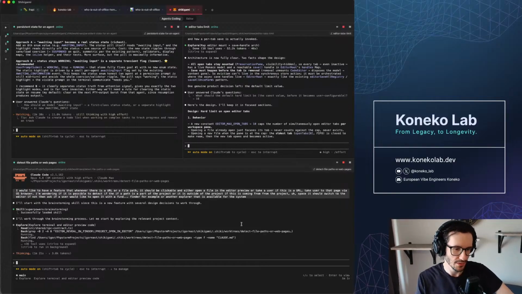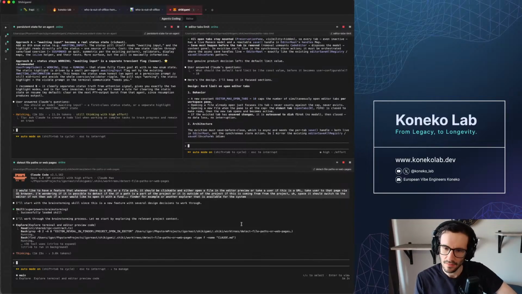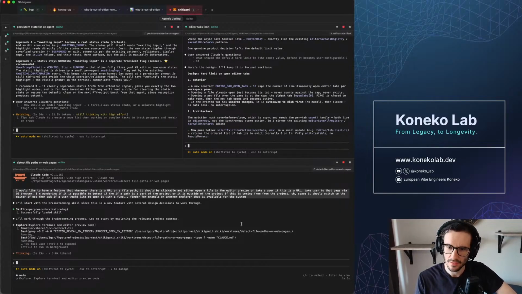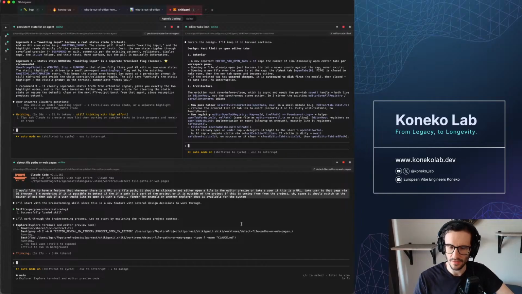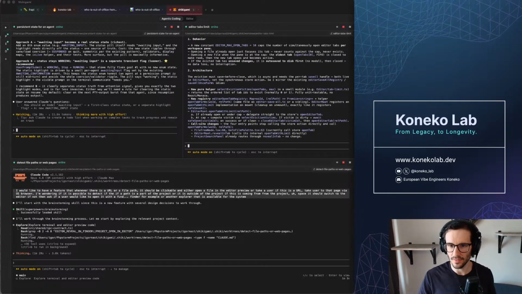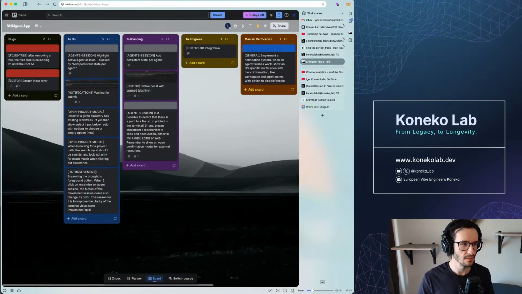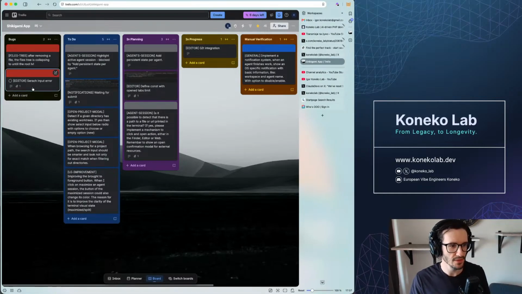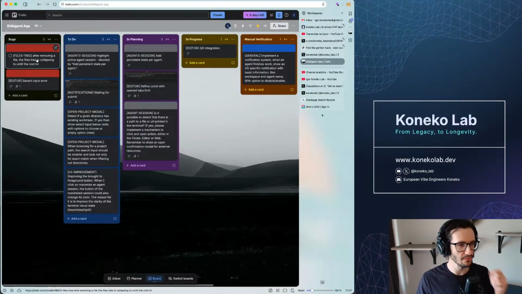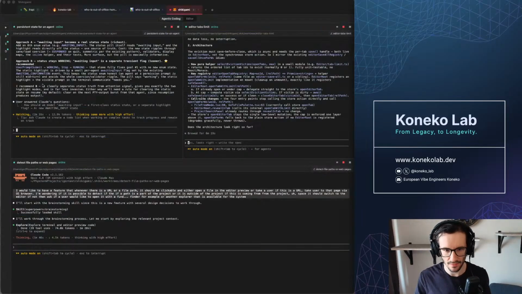Okay, so there are 3 agents that are working. Let's look at the to-do list. Oh, by the way, there are 2 errors, so maybe let's run a 4th session with an agent that will focus on either search input error or the files tree error. But I believe the search one is more important to fix.